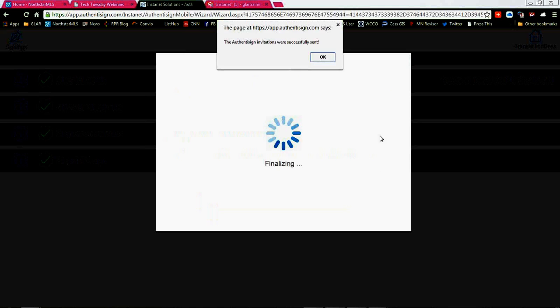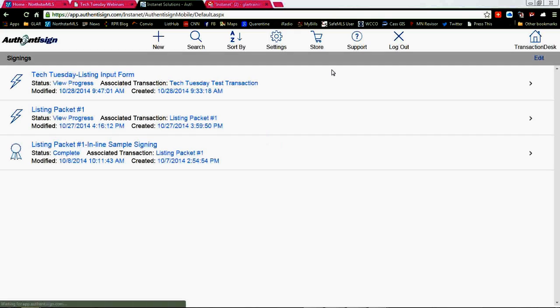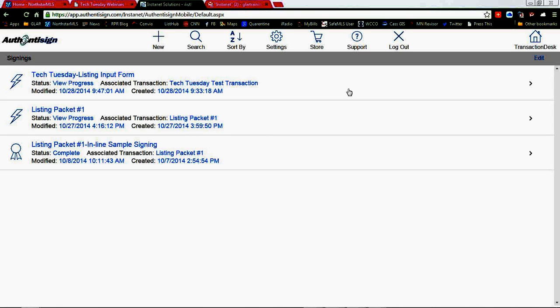It says it successfully sent. What I'm going to do at this point is open up for questions. If you're interested, we have a class at the association tomorrow, I believe from 1:30 to 3:30. That's going to be a 2-hour class on Authentisign, so we delve into everything a little bit more during that class. I'm going to go ahead and pull you off mute, and if you have any questions, go ahead and ask. I do have a couple